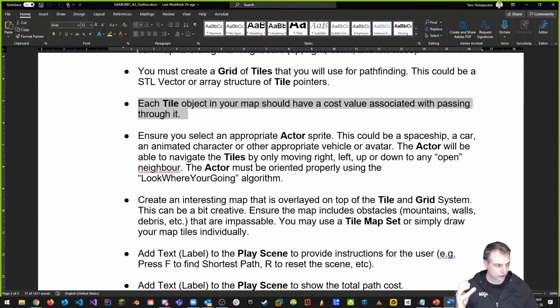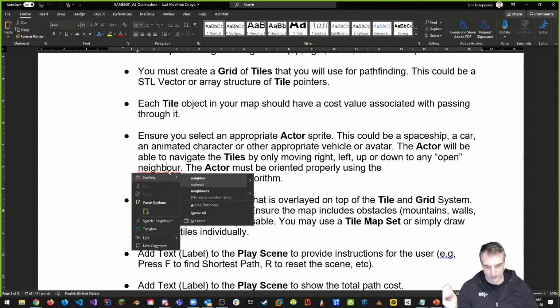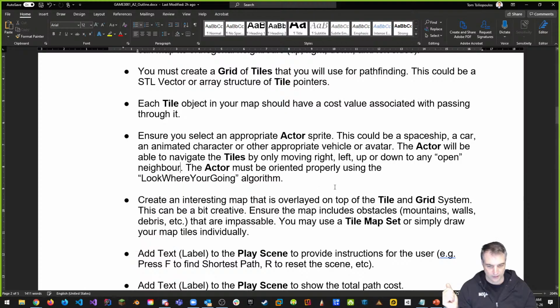So the actor you're going to select, you're going to get them from sources online or whatever. I don't want you to use the example sprites that I've given you. I want you to make your own. If I see the example sprites that I've given you come back at me, you'll lose marks. Okay, it's very simple. So one thing that it says is the actor must be oriented properly using the look